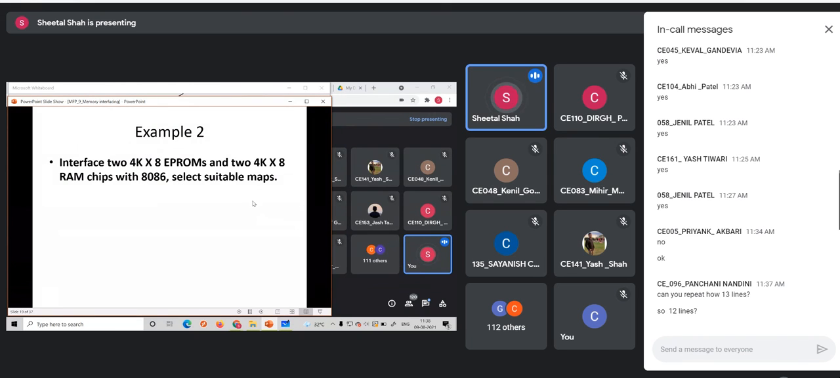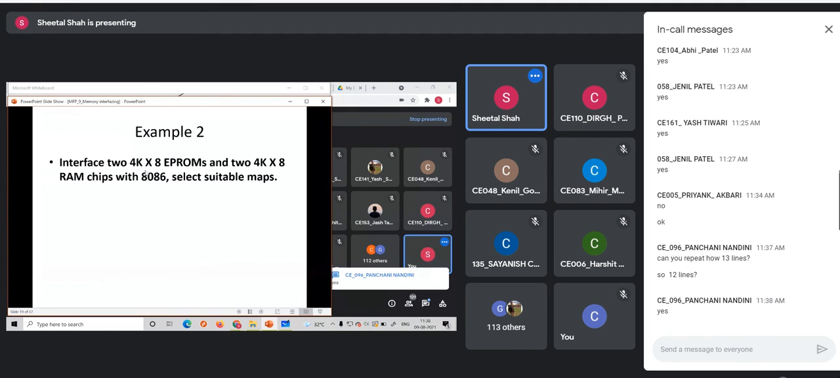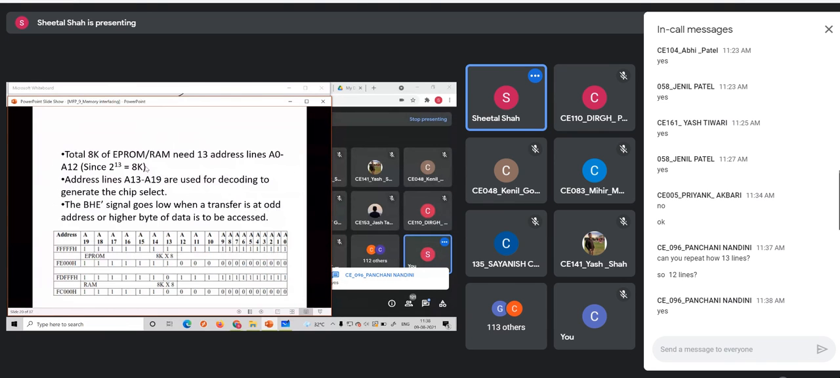But to select the bank, we require one more pin or one more address line, that is A0. That means 13 address lines from A0 to A12. We are starting from A0, isn't it? So it would be A0 to A12. This is what I am showing. This A0 is used to select the bank, whereas A1 to A12 can be connected to the